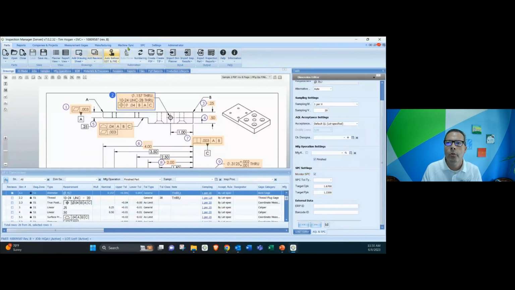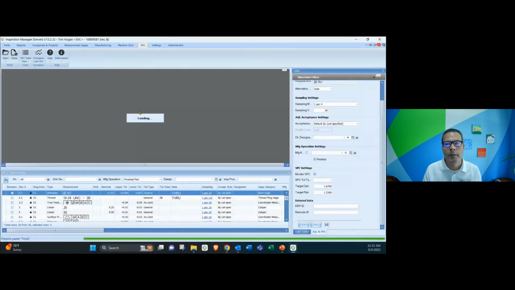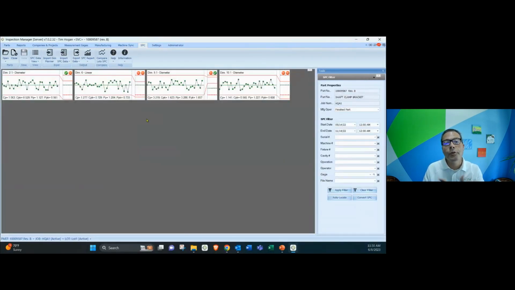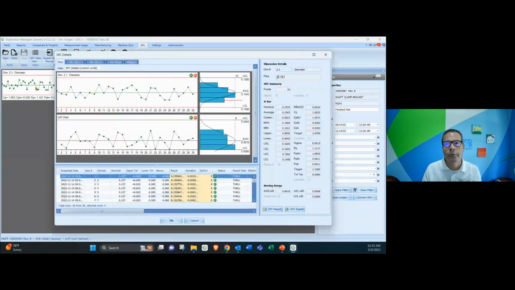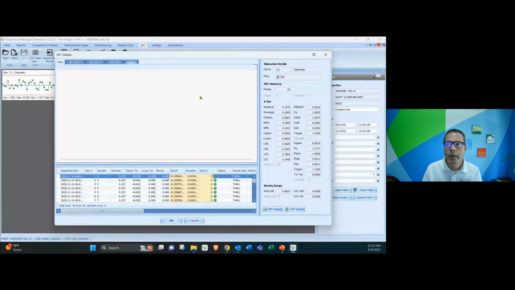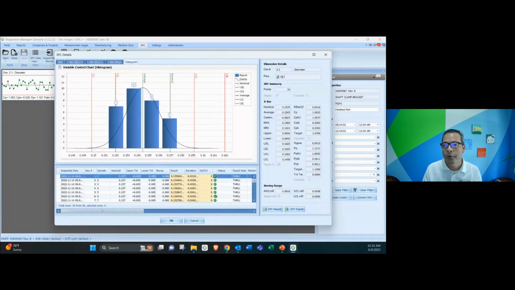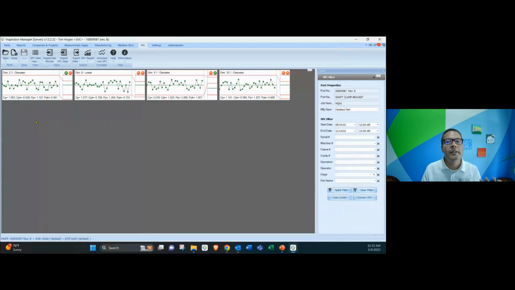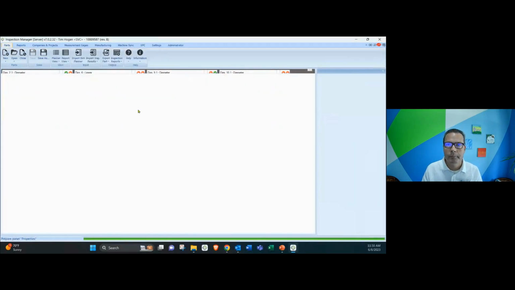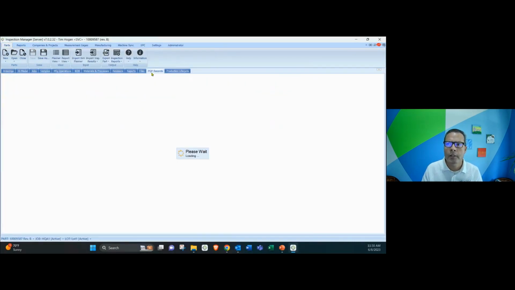Okay, so we'll grab 4 of them there. Now, if we went to SBC, for those 4 that we calculated or checked on, here's all our information. Here's a run chart, just simple run charts here. All of our capability information on the side, X bar and R charts, histograms, all that information is captured right here. But if we need this as part of our submission package, we're going to go back to our PQP